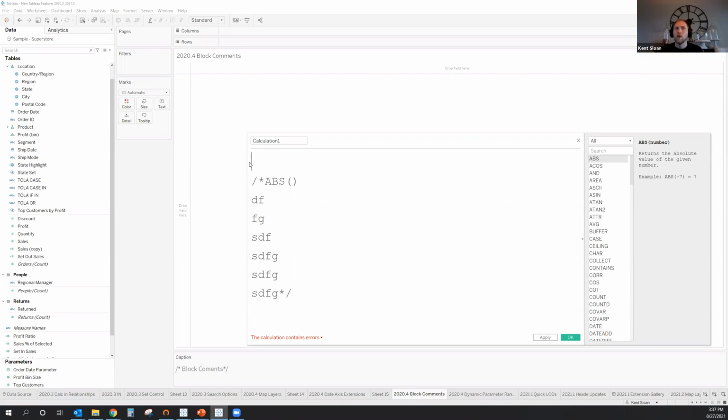They're also helpful when troubleshooting. If I have a very large complex calculation and I'm trying to debug a portion of it, what I might do is use this to disable portions of a larger calculation to focus in and work on a particular piece. And then I can re-enable that one. Or if I'm making drastic changes, but I'm not entirely convinced that the new version is going to be the correct version, what I might do is comment out my current version of a calculation, write my new version of that calculation, and go test it out. But if I want to roll it back, all I'd have to do is comment out my new section, turn off the comments on my old version, and then re-enable that.